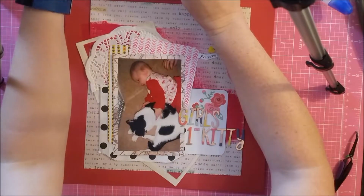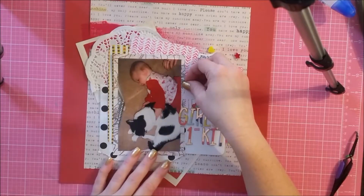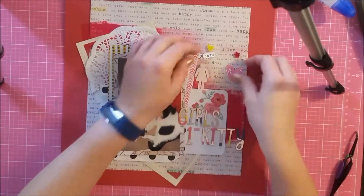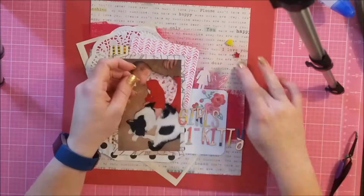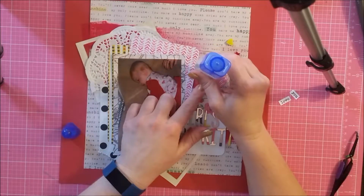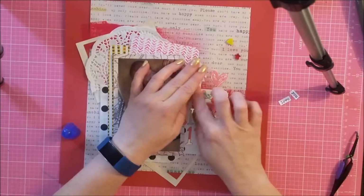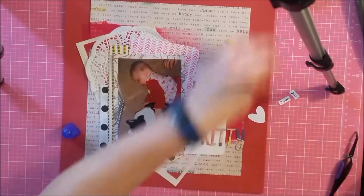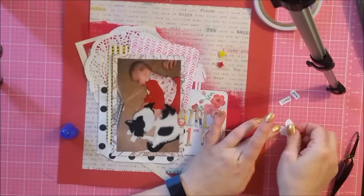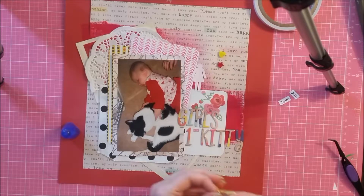So I've put 2 photo frames, not photo frames. Oh my God. Yep, the frames, I can't think of them. In the backgrounds there, one at the top, one at the bottom, you can see poking out. They're from Kaiser Craft. I've stuck a doily in. Now, the sketch does have 2 doilies. I tried to go with 2, and maybe because my photo's big or my layers maybe, it didn't suit. And I didn't want to take away from the red in the background. So I've just stuck with 1 and gone with some extra layers there, with the paper bag